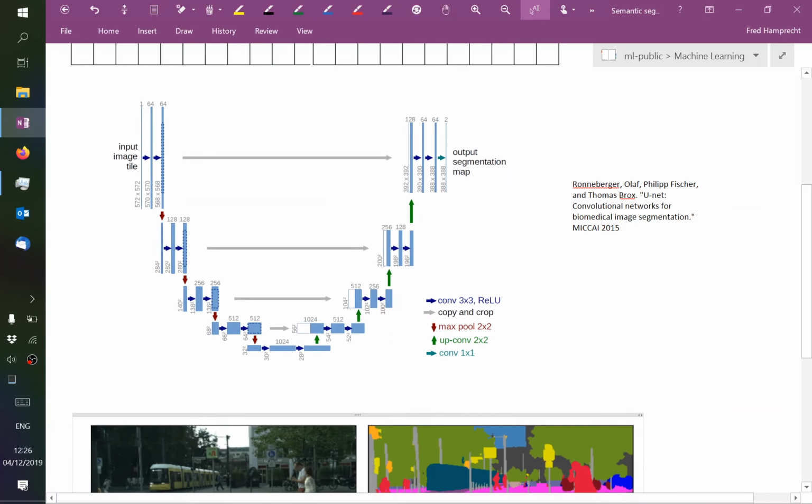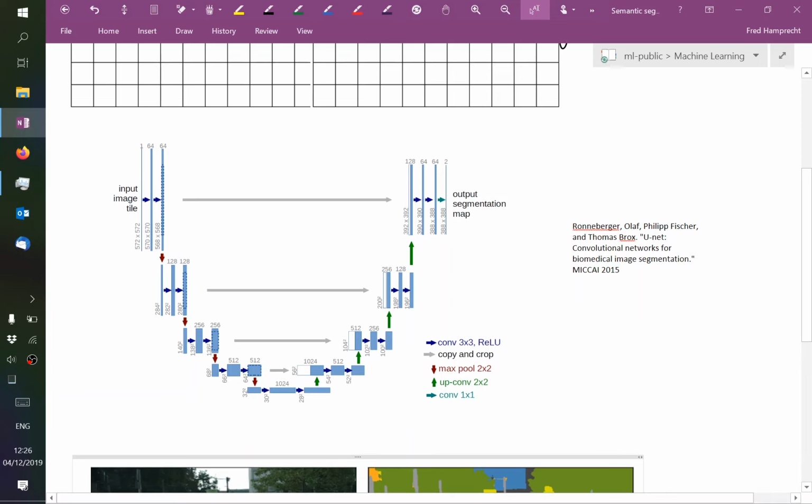This is a famous picture. The so-called U-Net. Why U? Because, well, if you squint, it looks a little bit like a U. Now, why have the authors arranged it such? On the one hand, to avoid the picture getting too busy, and on the other hand, you can think of this as